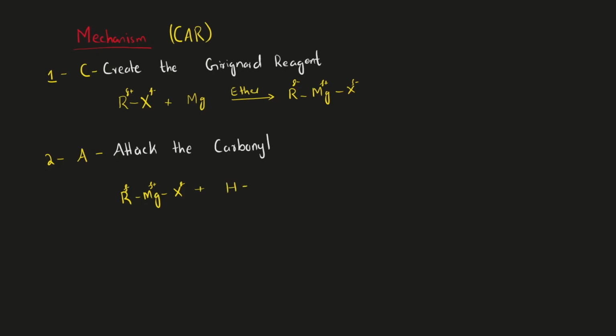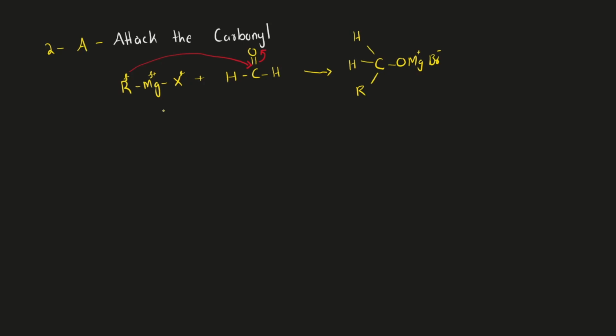This bond will shift toward this, and we take methanol in this step. This alkyl will attack the carbonyl carbon of the methanol. This bond will shift toward this, and we will get an intermediate compound, which will be used in the final step of this mechanism. Let's move to the third step of this mechanism, which starts with the letter R, which is